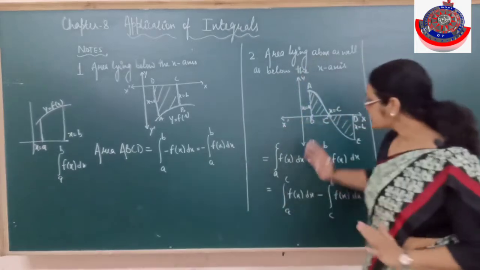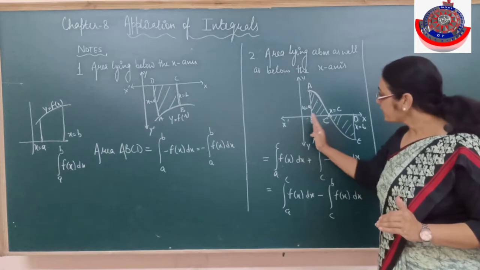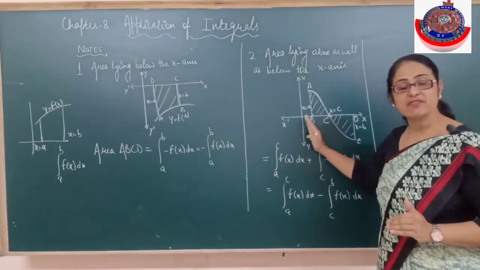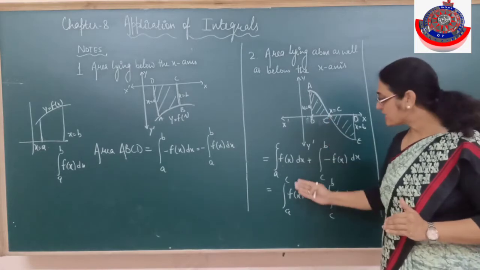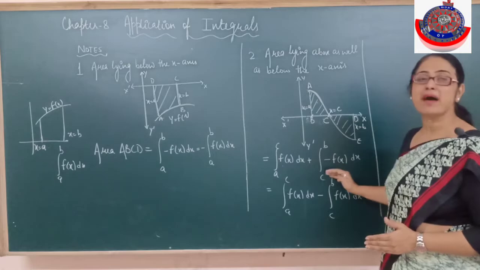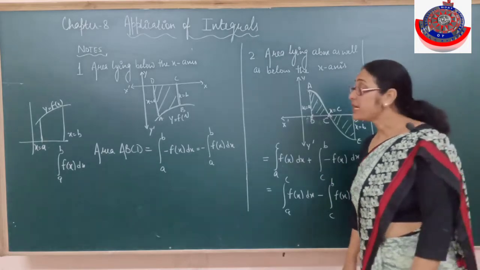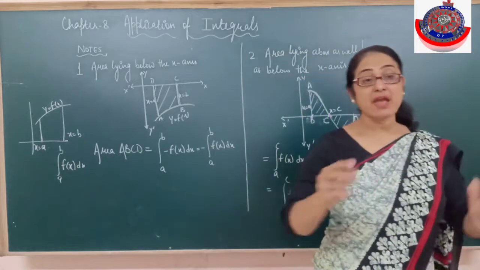Our target is to pick up the equation of the curve which is bounding that area, find the limits which are given to me, the values of x. From here to here I have to find out the area and just integrate that function. Above the x-axis it is positive, below it will be minus of f of x. Similarly, now we will do the third and fourth, where it is bounded by the curve and the y-axis.